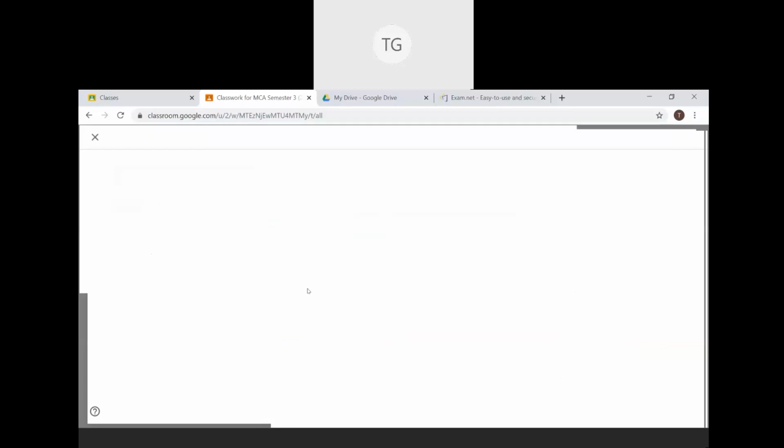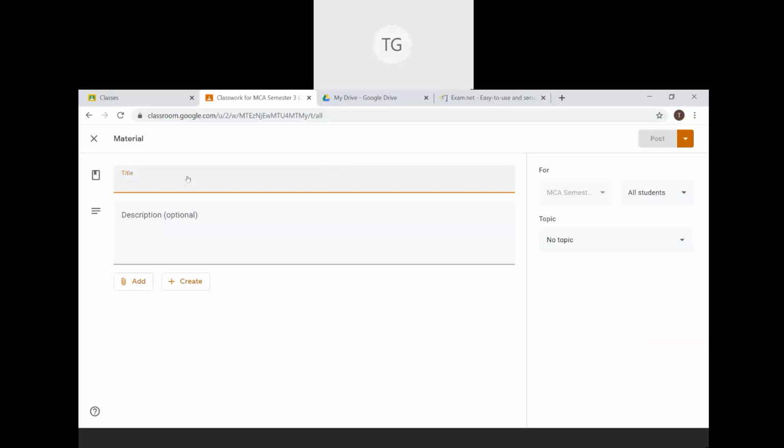Click on material. Suppose I want to upload a Java Spring Framework tutorial, right? I want students to view this video from the tutorial, probably as an extension of my course. So I say create. What do I want to create? I want to create a document, slide, sheets, drawing, form, any of the sort, or I want to attach a video, a link or a file. You can even attach PPTs, PDFs. You can upload assignments like this, lab assignments if you want permission for.